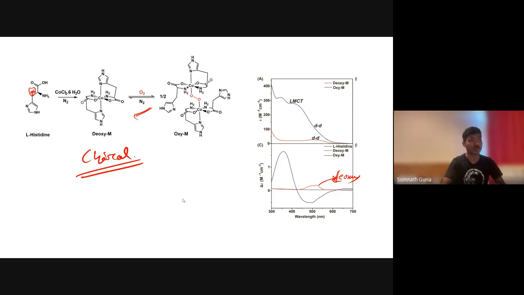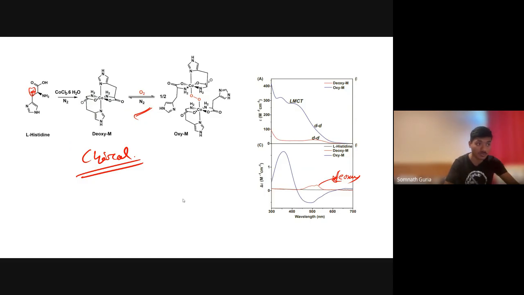With the two-oxygen bond, this is the peroxo bond we found, and it has been detected by Raman spectroscopy. The spectrum shows the LMCT and a shoulder-like d-d transition, but this d-d transition is recorded very predominantly by CD, where the deoxy form has a d-d band around 500 nanometers, and its structure is different